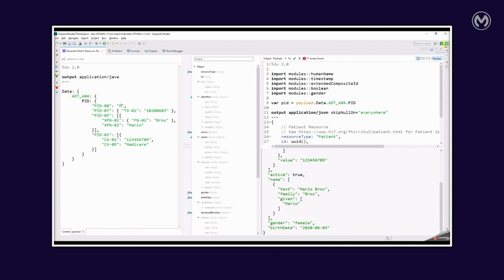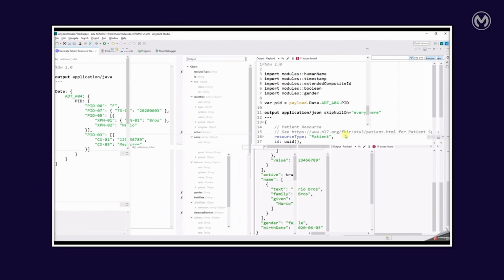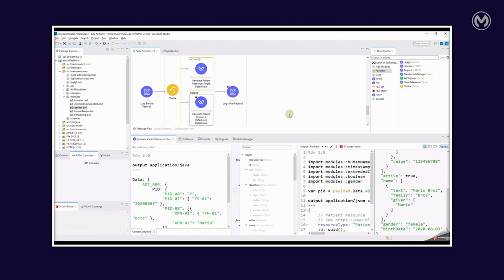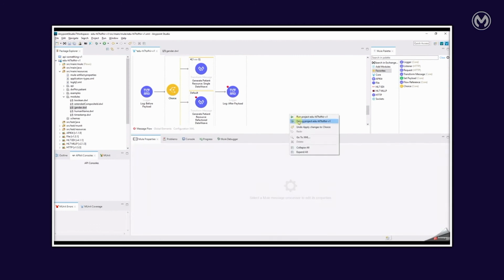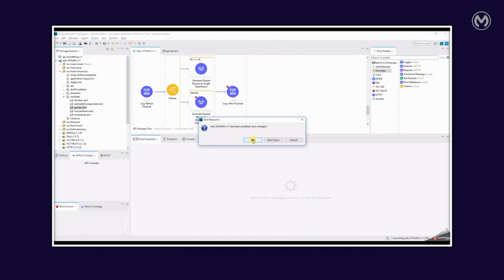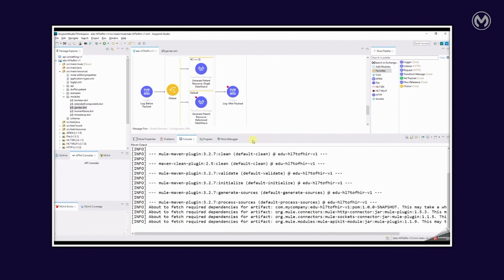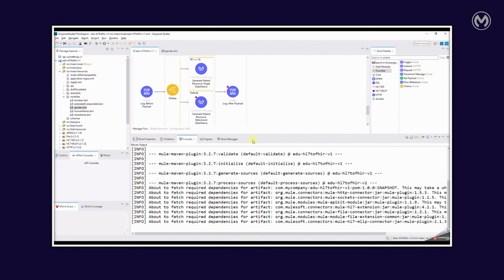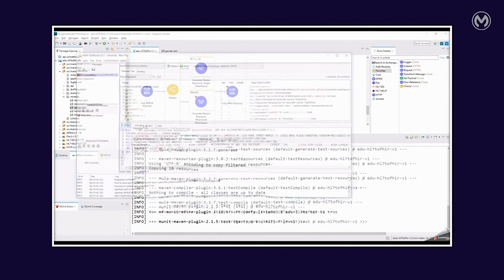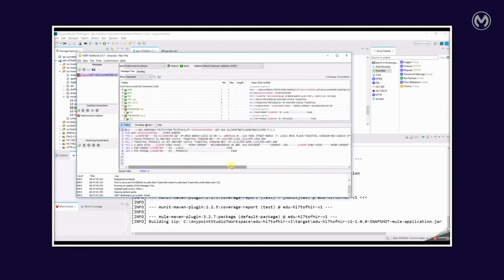Now that we have confidence that our MuleSoft application is going to work and our DataWeave is going to work, let's do a quick live test. So I'm going to hit the debugger, and I'll save my changes. And we'll just wait for the MuleSoft runtime to start up. In the meantime, I have the HapiTest panel over here,